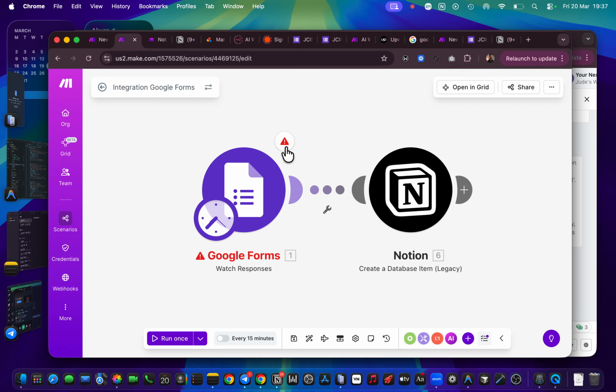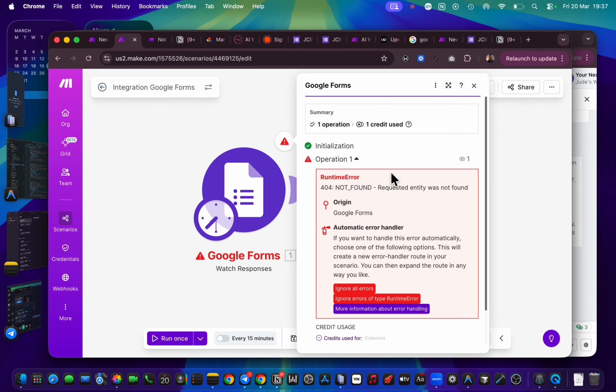How do you now know how to debug this error? How do you know how to get the main issue and solve it? You can click on this attention icon. You see, not found 404. When you see things like 404, it means that the page is not found. And if pages are not found there, that means there's probably an issue with the URL. The URL doesn't exist. That's the case where you get 404.